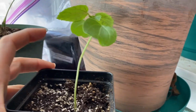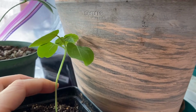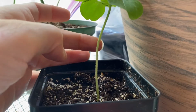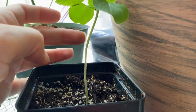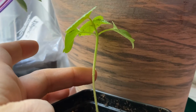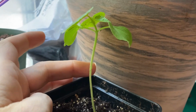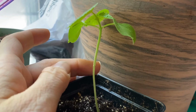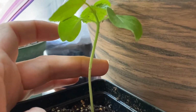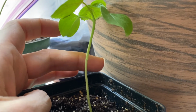The first thing I did was actually lean him up against a pot like this so that there was no way for the bend to keep occurring even after he'd been bent in half. Essentially what I was doing was giving the seedling a splint so that the cells could continue to travel up and down the stem and that it would repair itself sort of like an arm or leg does when it's